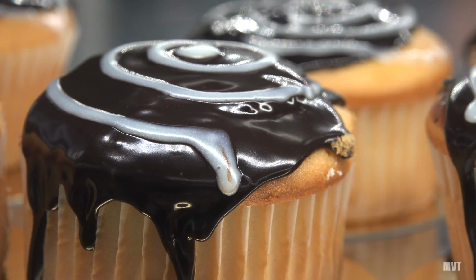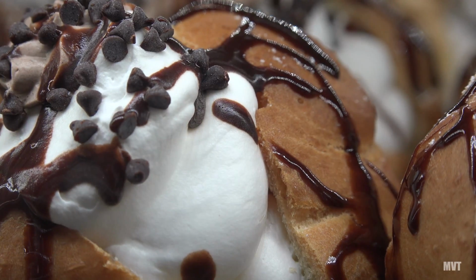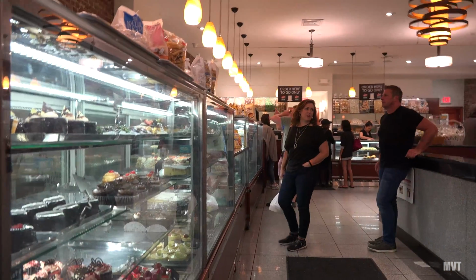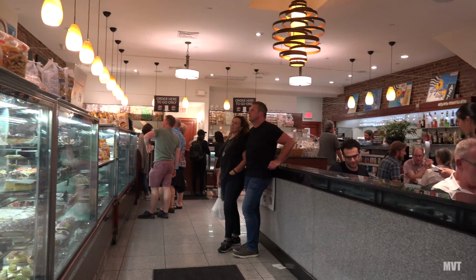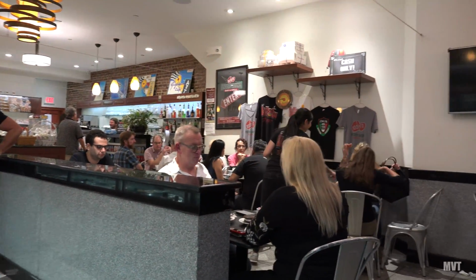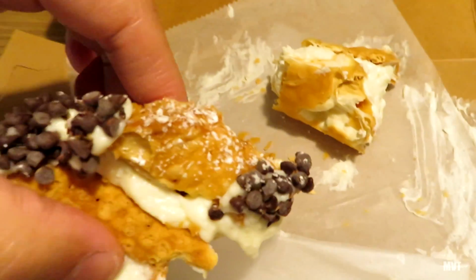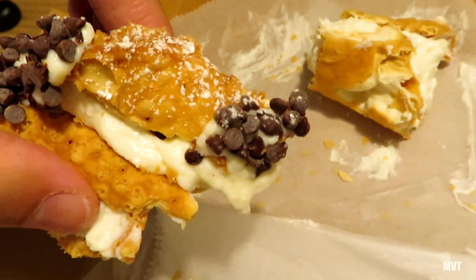In terms of restaurant, Modern Pastry is more organized, but in regards to the food, I would say that Modern Pastry is not as sweet as Mike's Pastry. So if you don't like that very sweet taste, then Modern Pastry might be better for you. Another thing that I don't really like about Modern Pastry is that the shell crumbles very easily. So after a few bites, the entire shell is just going to crumble in your hand